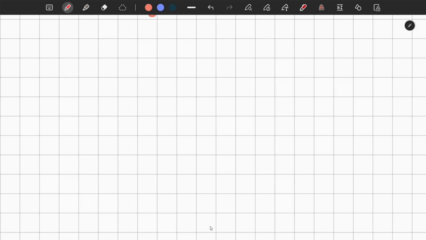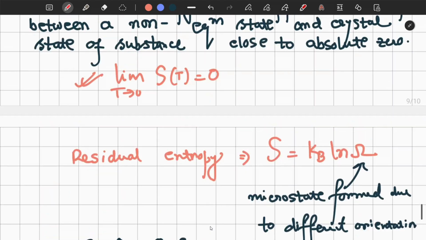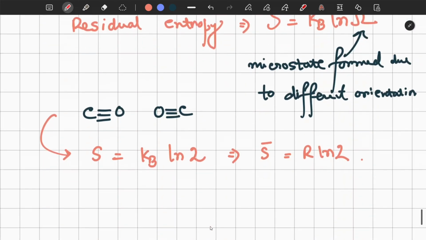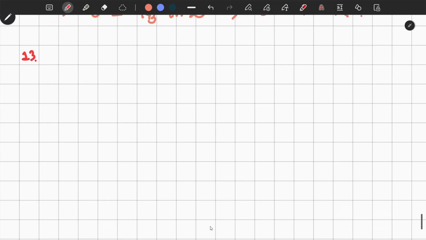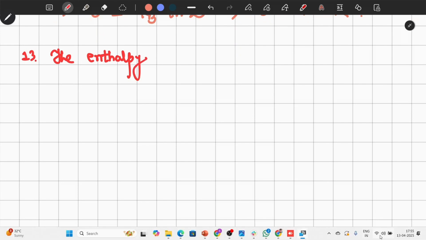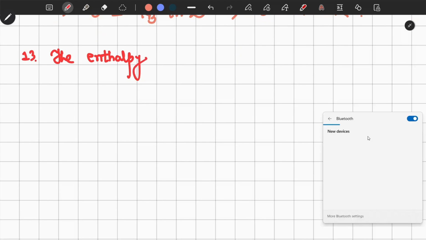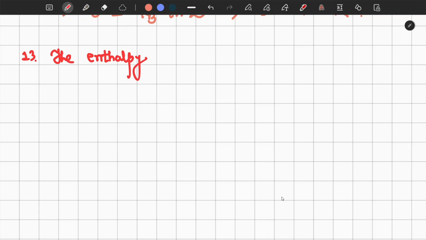Okay, this question is the last question. The enthalpy, probably it was again disconnected. Okay, the enthalpy